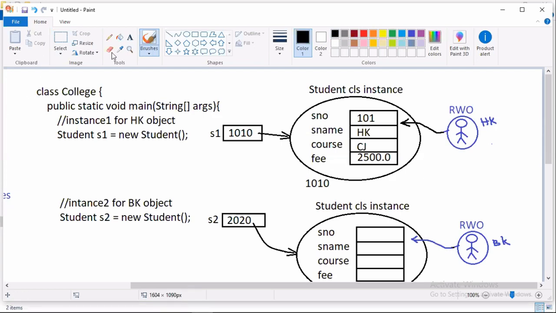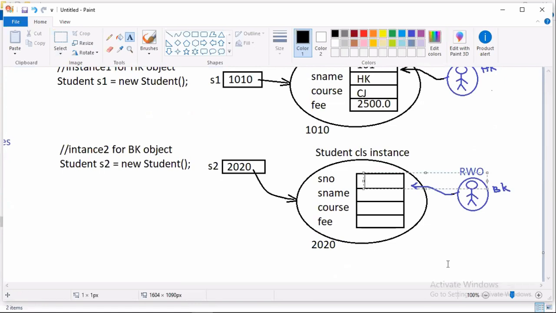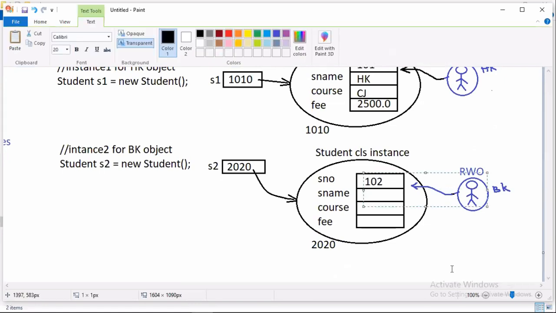Can I hope everyone is following? If you focus on one example, the remaining will all automatically come. 102, BK, he belongs to politics, or let's say actor. He's doing the acting course. He's a rich person. We can charge some 5,000 rupees, no problem.